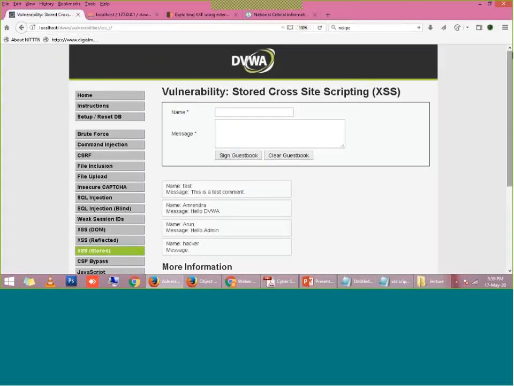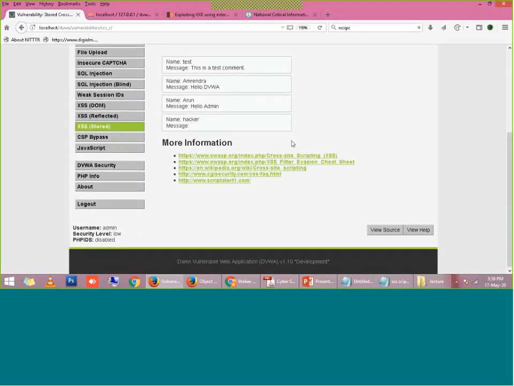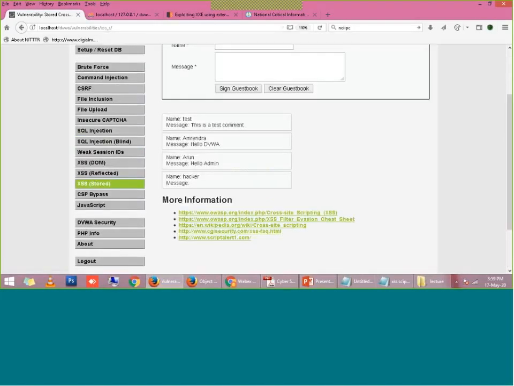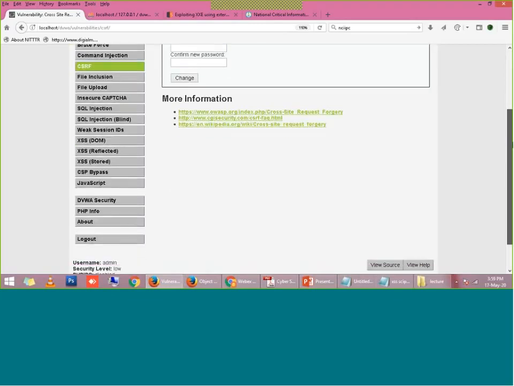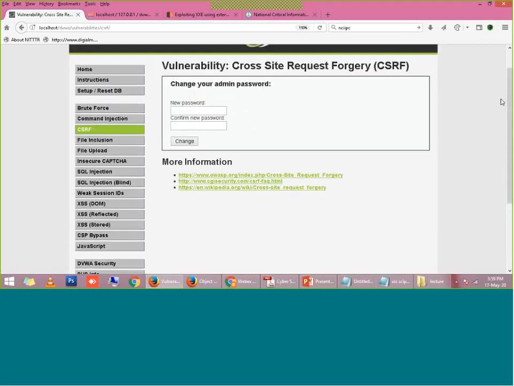Next, I will demonstrate the CSRF attack. I have listed it, CSRF attack. When I click on CSRF attack, it shows me a page to change my password, right? Two types of change password may be given on any website, right? One is the